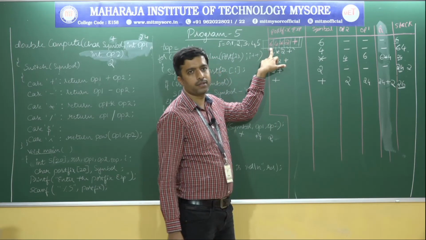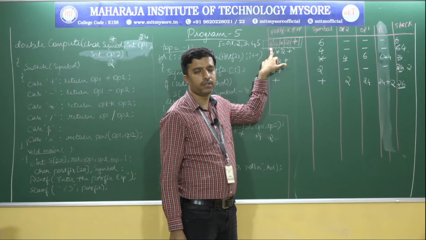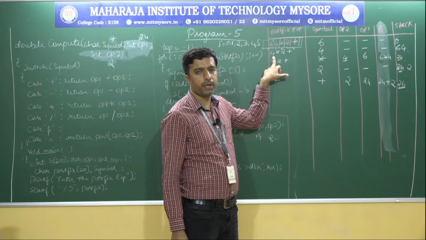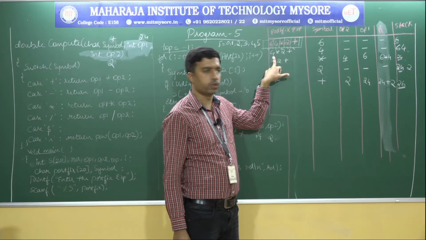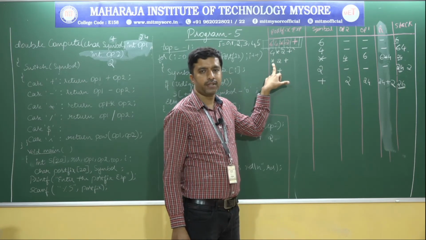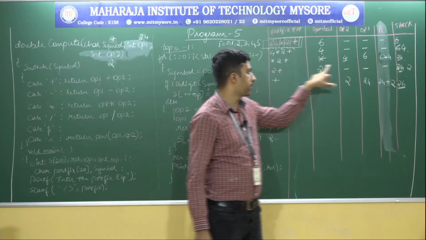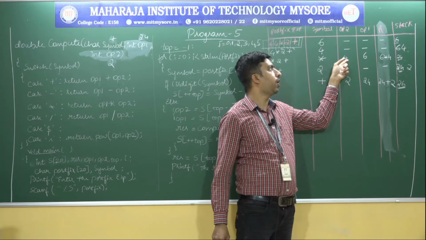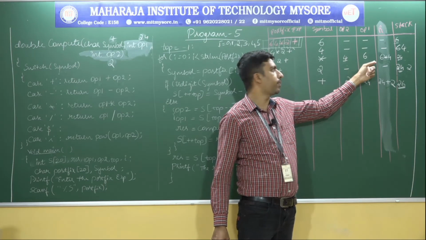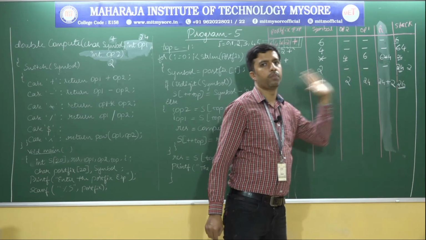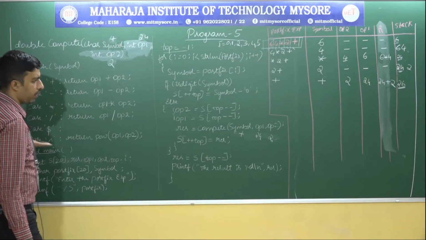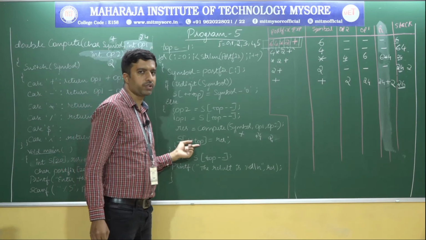Okay, here 6 is a number, this is an operand, push. Next comes 4, a number, it is an operand, push. Star comes, this is an operator, pop. When you pop, the first element will be operand 2, the second element will be operand 1, perform the operations, push to the stack. When you perform the operations over here, the result comes and is pushed to the stack.